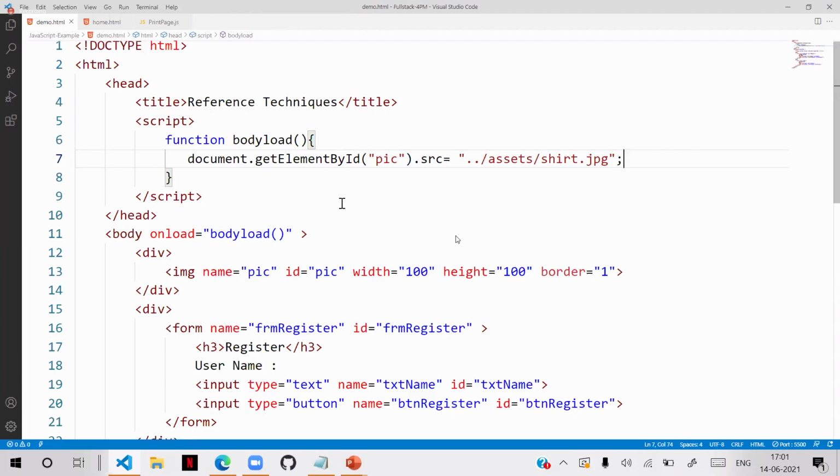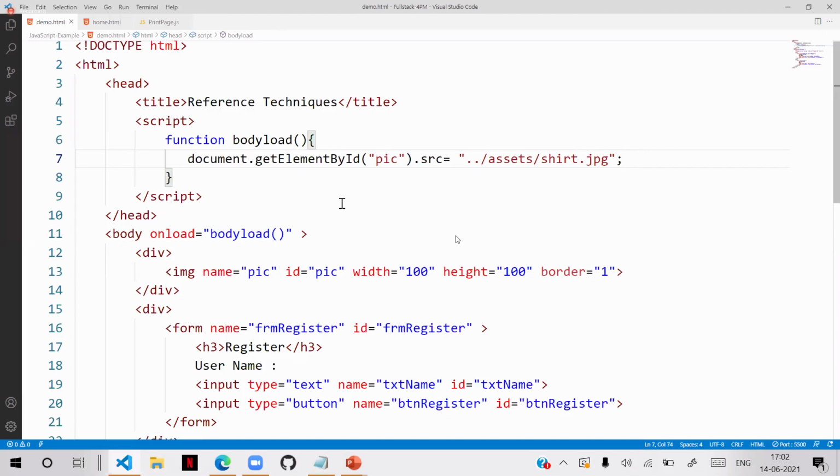You can simply refer pic.src. That means in this situation, for this image, ID is a waste of time. Name is good for this. If you can access it with shorter logic, why write lengthy code? So name is better than ID in this situation.